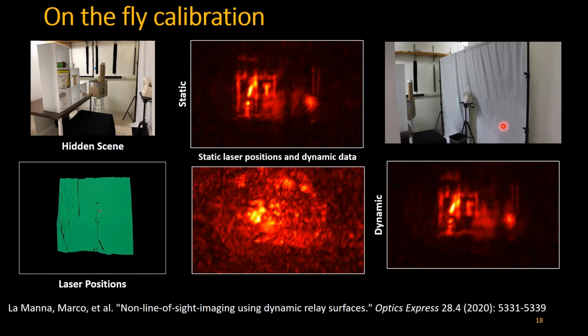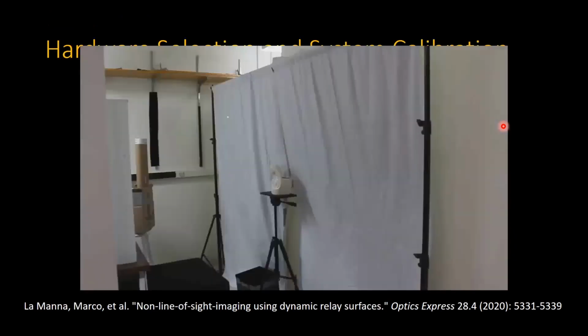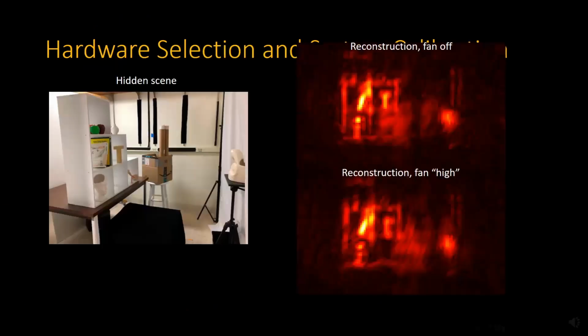And that works if your imaging system is moving relative to the relay wall, or if the relay wall is deforming or moving relative to you. So we don't have these problems, but in order to deal with motion in the scene, we really just have to capture more light. In this case, you can see a single scan takes almost a minute to complete. So if the scene was moving in that time, we couldn't really use that.